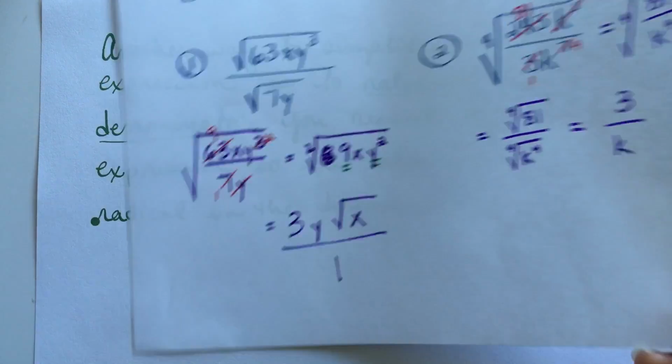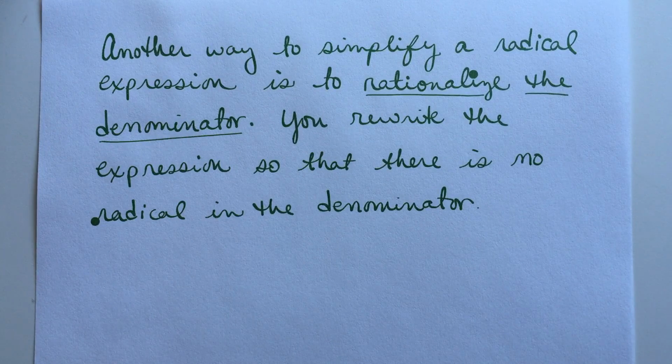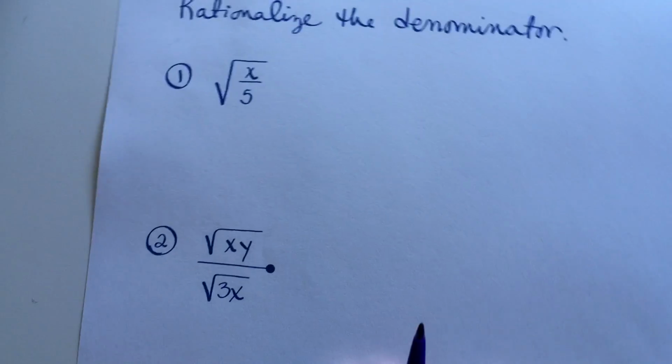In all three of those examples, I did not have a radical sign left on the bottom, but sometimes you do have a radical left on the bottom in your denominator, and that's what these next couple of examples are going to show you, how to deal with that situation. And that's what's called rationalizing, okay? So, first example,